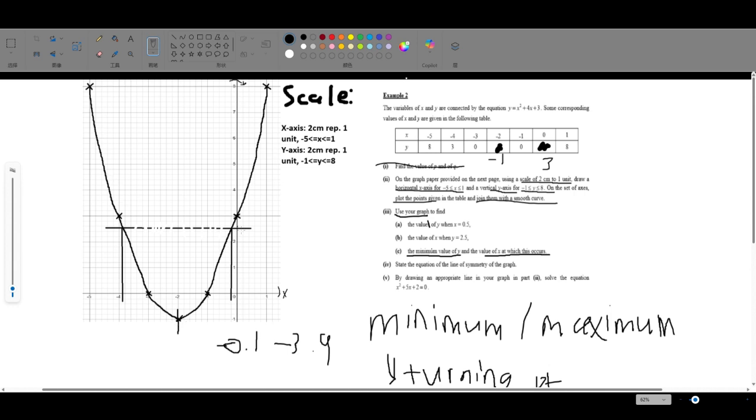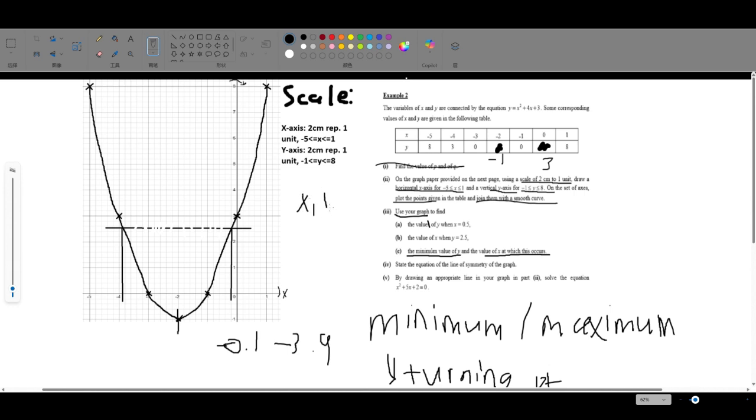Basically, when it goes down over here and suddenly it rises again, this is the turning point. And to find the turning point, you just take a look at your graph. Which point is the lowest or which point is the highest for this graph? But for this graph, if you want to find the minimum or the turning point, just use the mean or